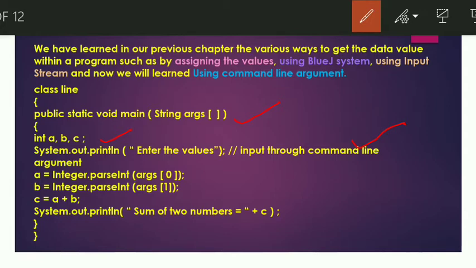So a equals, we have created three variables, so a will store an integer data value, so Integer.parseInt. Now here is a little different: args in the bracket 0. Now what does it mean? It means that all the values in a computer are stored in memory, and each memory has a location, and locations generally start with 0, 1, 2 and 3. So these are the address locations of